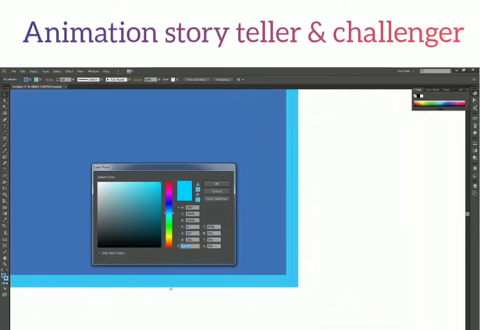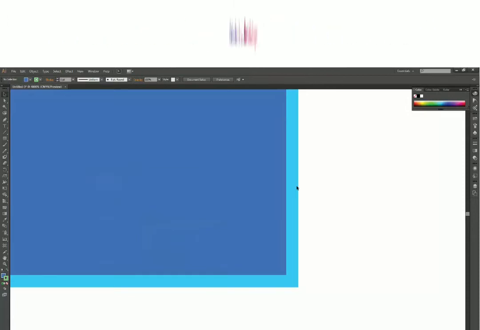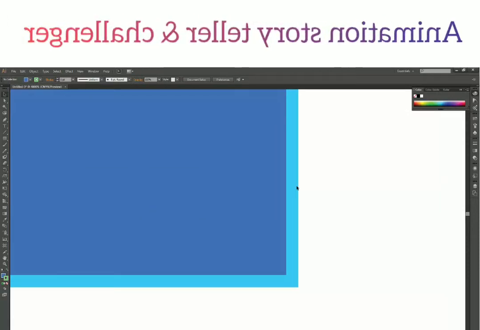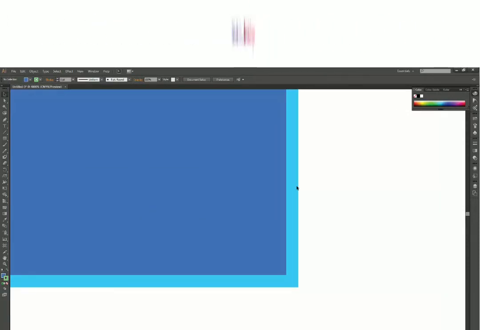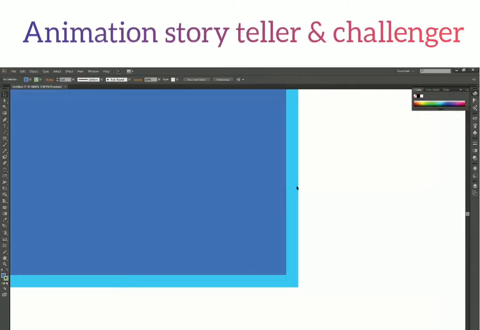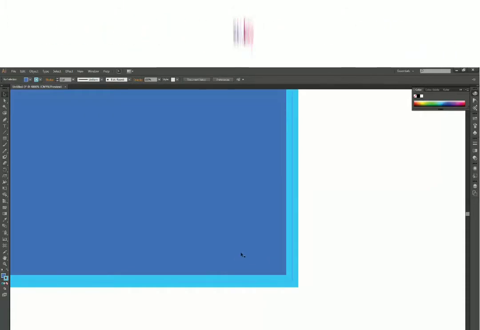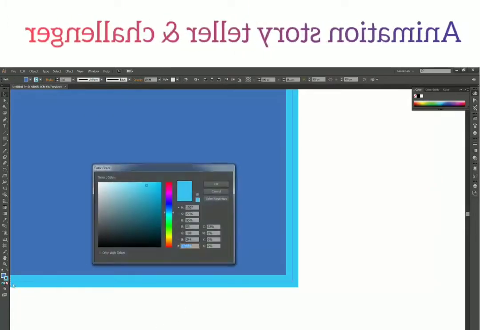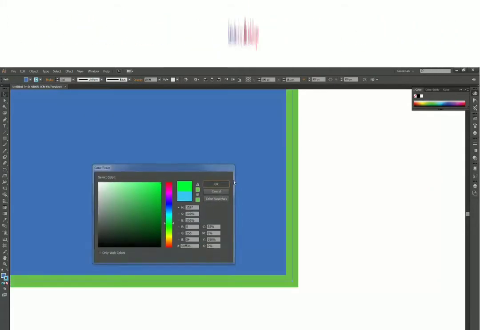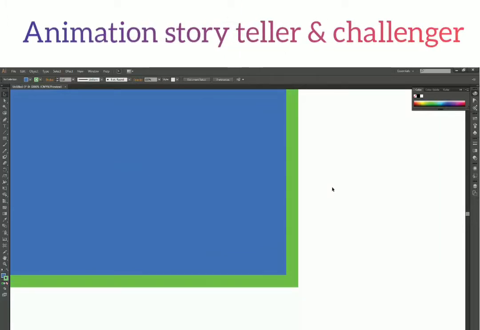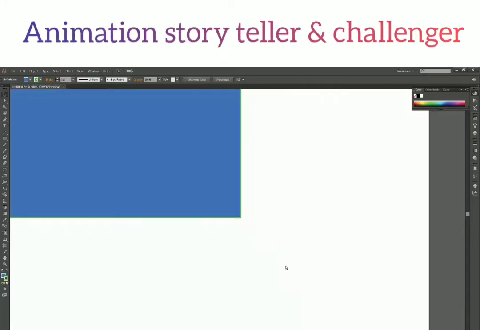If I want to change the color to something else, okay, nothing has happened, and you should have guessed by now why it didn't change, because I didn't select my shape at all. So I have to select my shape, and only then when I change the color will it be reflected back to my shape. Okay, so I'm zooming out.